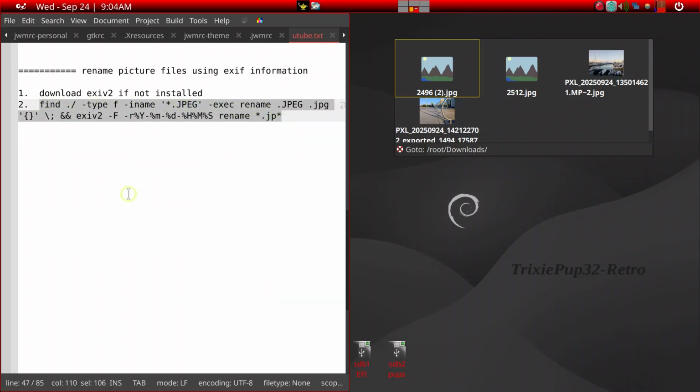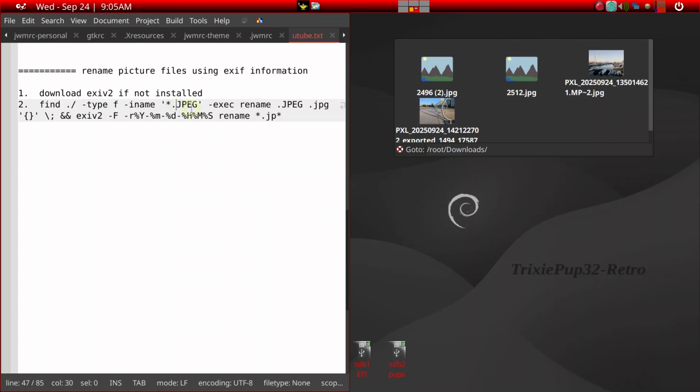You want to use the find command to be able to pick out just the JPG extension files. So let's assume that you have other files here. You won't touch the other files, but you'll only convert the JPG files to a much more readable fashion. So what this in essence does is find within the folder just the files, and the -iname specifies it can be something like capital .JPEG, or it'll even convert the